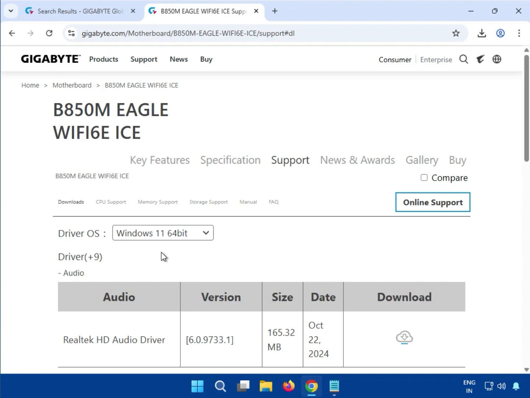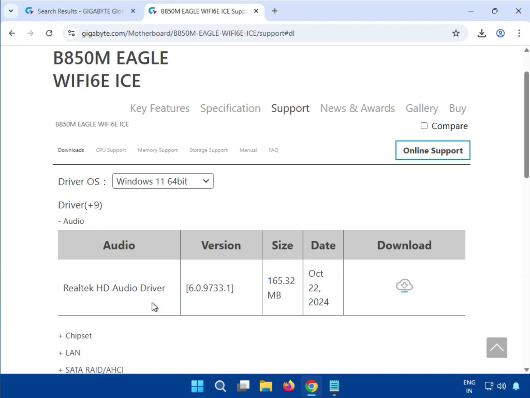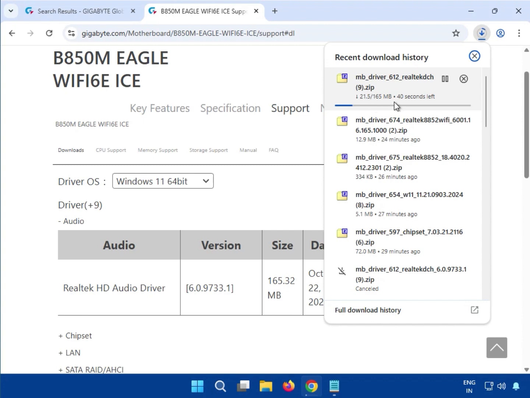You can see this video and follow the installation process, almost 100% the same. So first, guys, this is the audio driver, you can see, and click to download. After you click the download button, it will start downloading. You can see here,